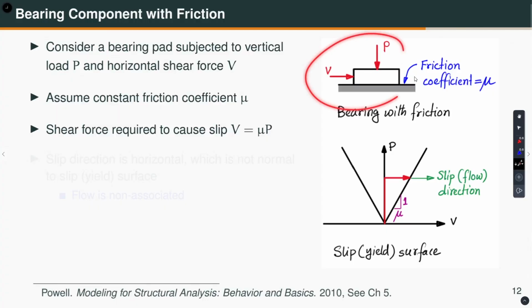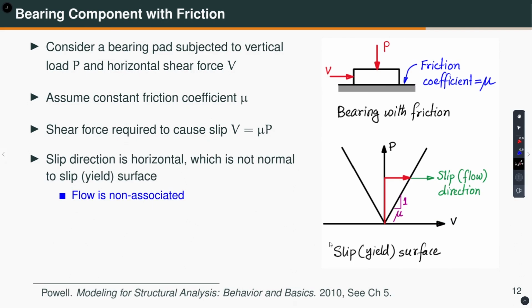What is the direction of the slip? Well, we can see from here the direction of the slip is horizontal, isn't it? So, it is in the direction of V. But if we use associated flow rule, this is my yield surface, then what should be the direction of the slip? If we use associated flow rule, it is going to be in this direction. That is neither in V nor in P. But as we know, in this case the slip is in the horizontal direction. So, here the flow, that is the slip, is not associated with the yield surface. Hence we call it a non-associated flow for this kind of